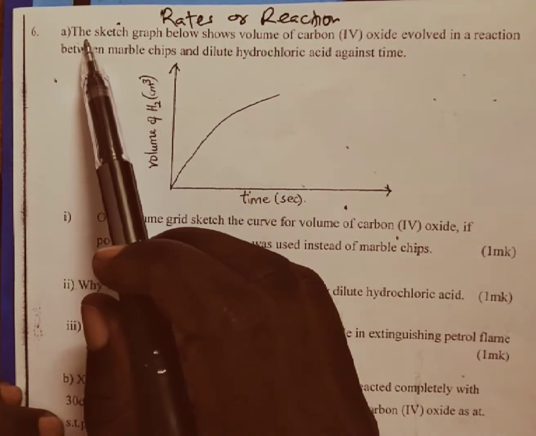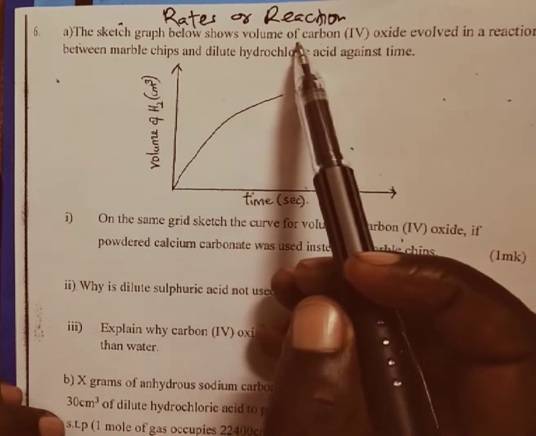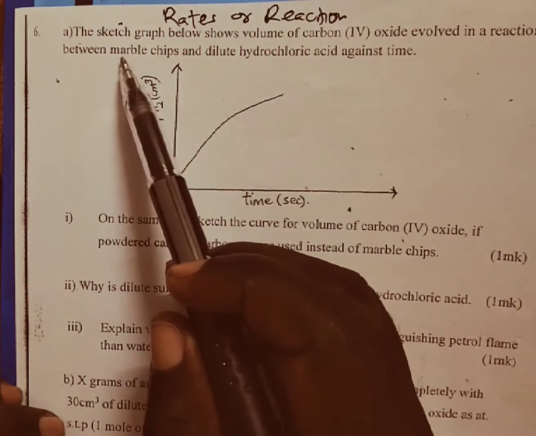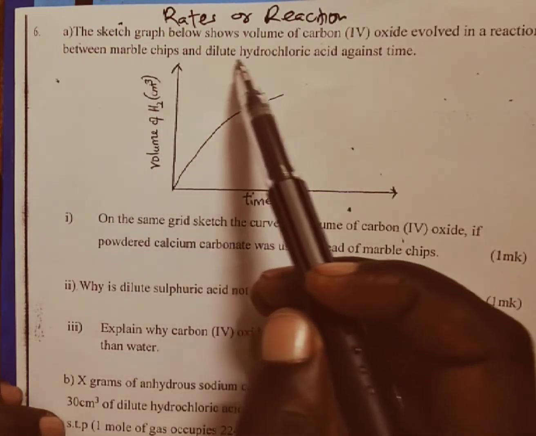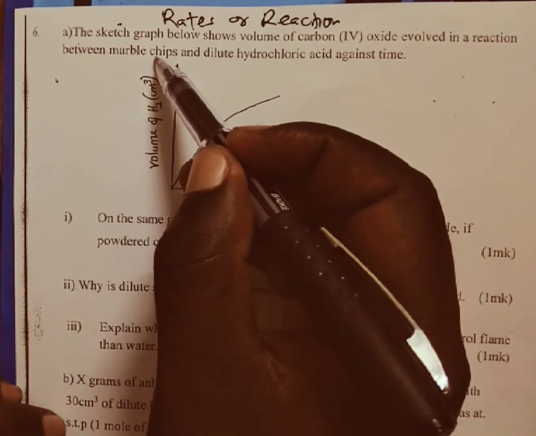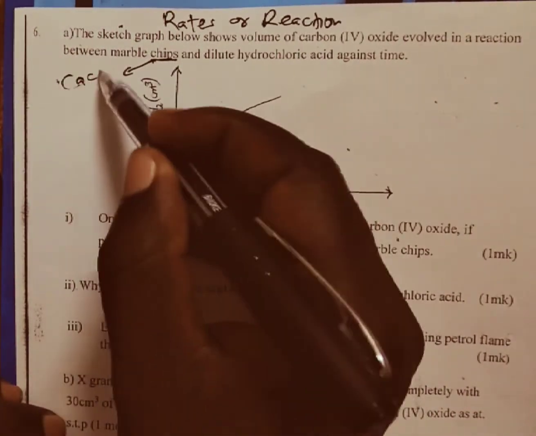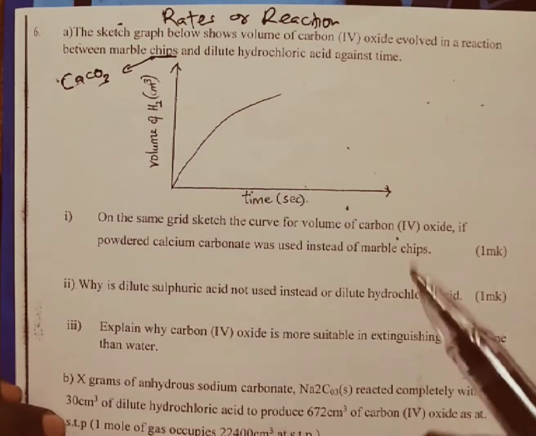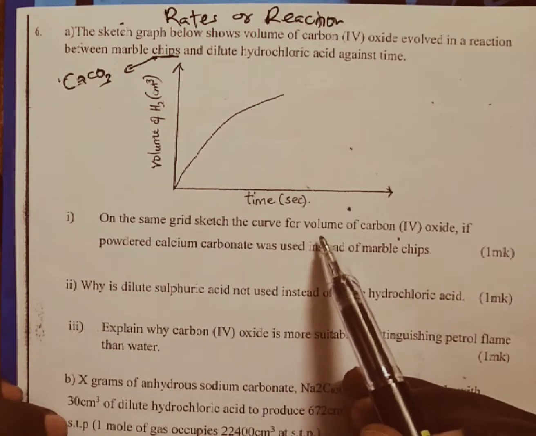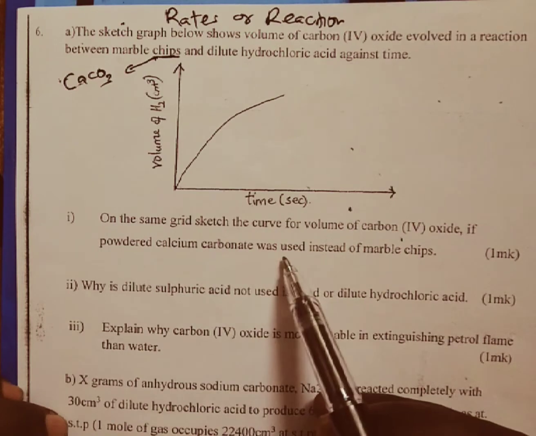The question we have reads, the sketch graph below shows volume of carbon 4 oxide evolved in a reaction between marble chips and dilute hydrochloric acid against time. We should know that marble chips is simply calcium carbonate. On the same grid, sketch the curve for volume of carbon 4 oxide if powdered calcium carbonate was used instead